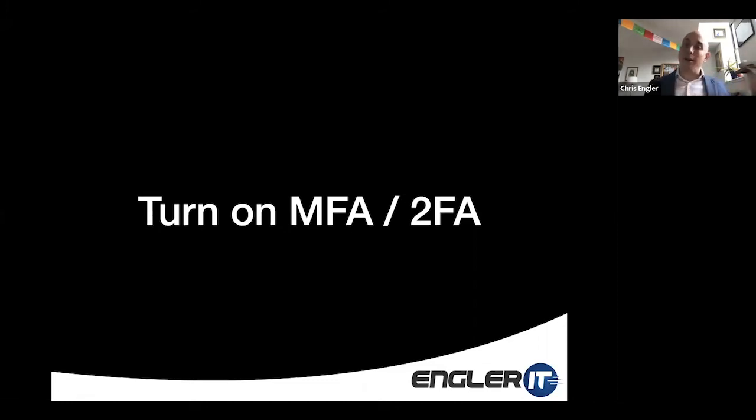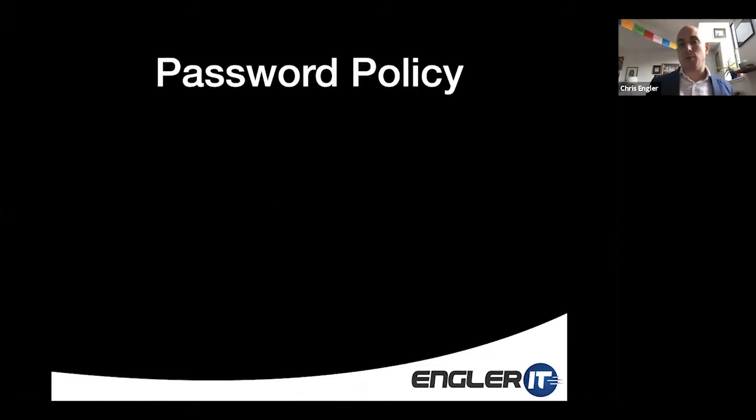But really the underlying issue of this whole thing is a strong password policy. We need to make sure that everyone has a strong password policy. I'm going to outline for you what a strong password policy looks like, and then I'm going to show you how you make it happen, how you make this part of your life without making your life any more complicated than it has to be.